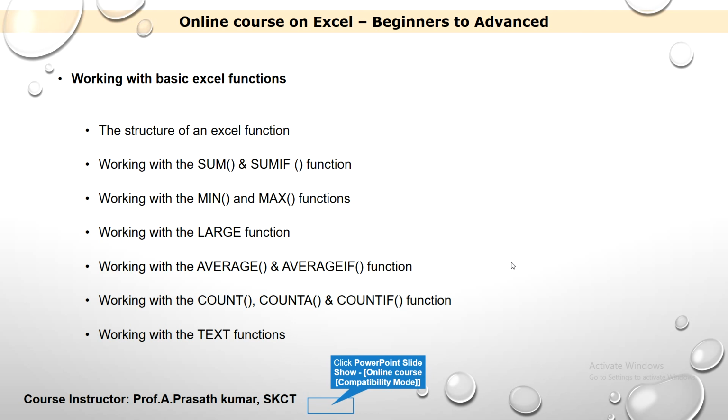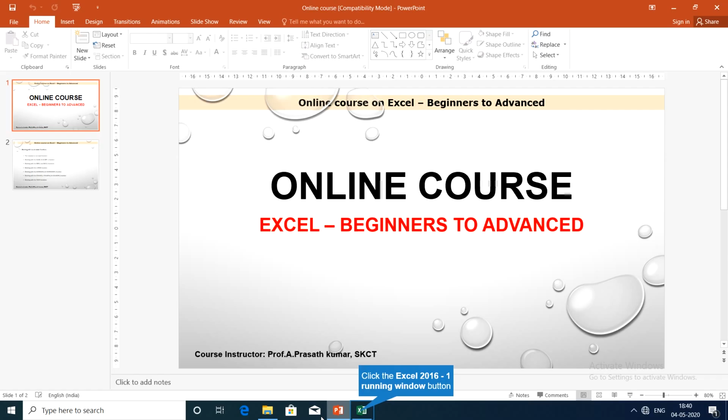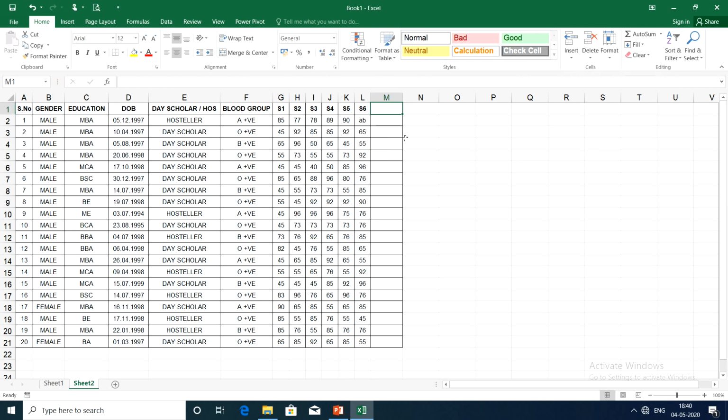To start with, first we go with the SUM function. Sum means adding two or more numbers. Any count of numbers can be added in Excel. To do that, we have a very simple formula called SUM, which denotes addition of numbers. So we are going to add the given range of numbers.